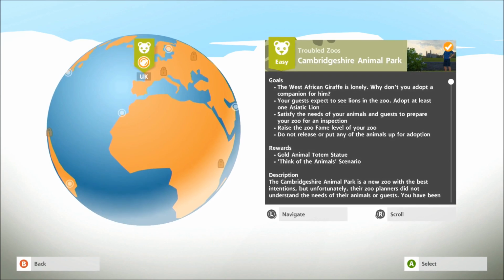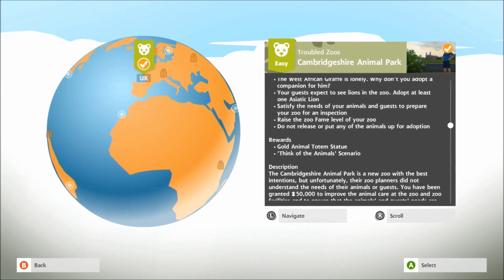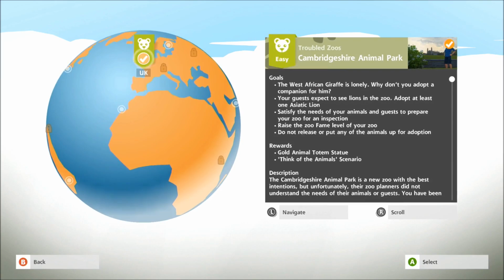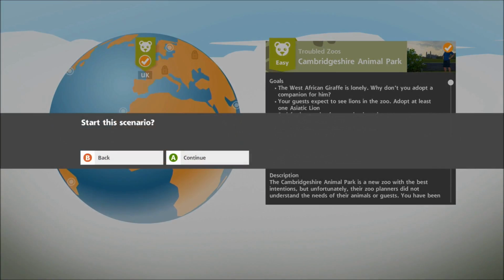Cambridgeshire Animal Park, and you have a few goals here you've got to get through, and these are timed as well. So the West African giraffe is lonely, and the guests want to see lions, things like that. So let's go in here